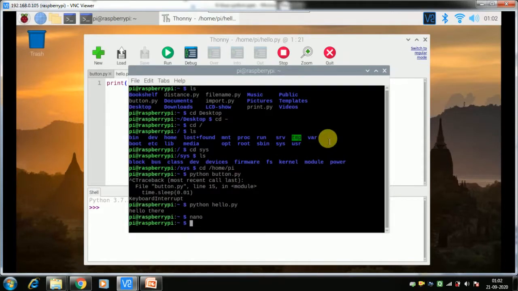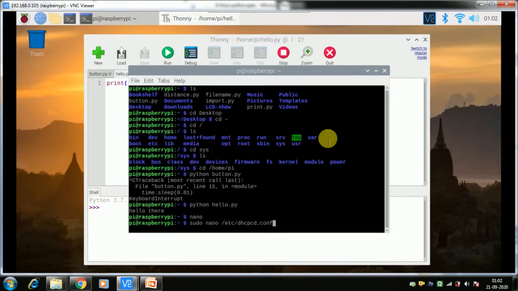If you want to do something as a super user, you need to type sudo. Last time we set a static IP address, which is in the folder etc. We wanted to change the configuration, and to change configuration you need to be a super user, right? That is sudo, super user do. So we are opening this notepad with etc slash dhcpcd.conf configuration file.